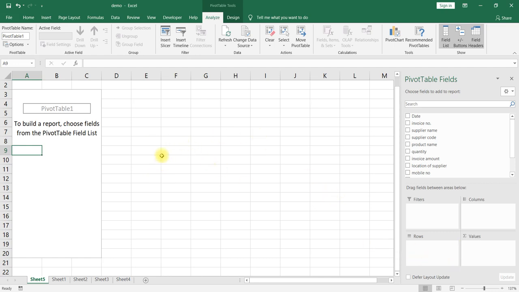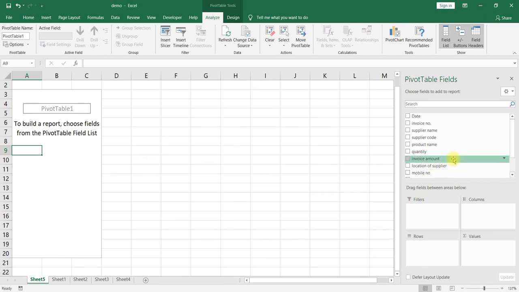Values are nothing but readings, for example total sales, or if you would like to have a count, your total quantity. And filter is for example when you would like to filter only Bangalore, only Gujarat, like that. If you would like to filter that particular location, you can take it here. So these are the four things available in a pivot table: row, column, value, and filter.